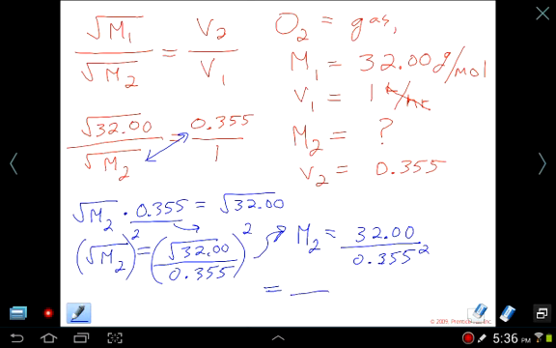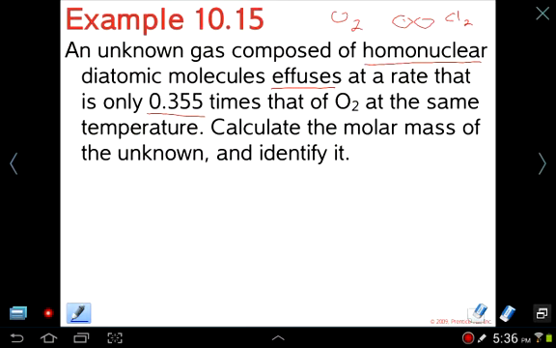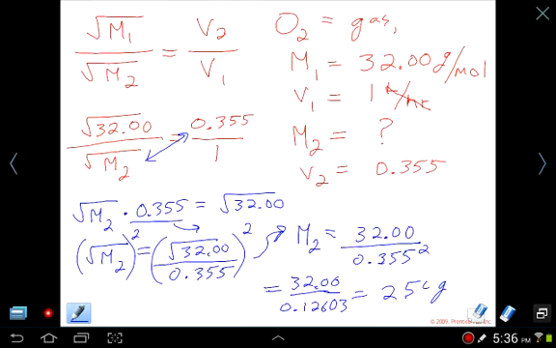is 0.12603, and 32 divided by that gives us 254 grams. And it seems that we're using 3 sig figs here, so this is justified. So 254 grams per mole